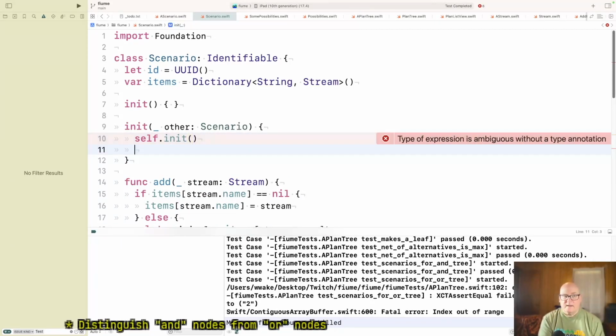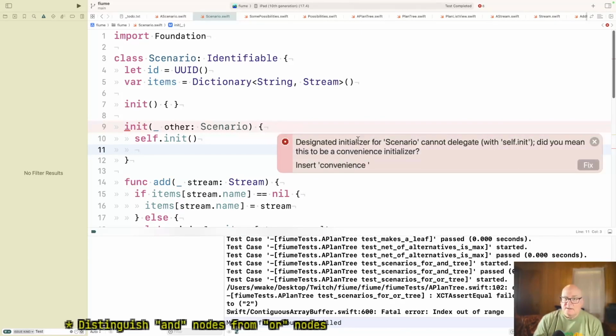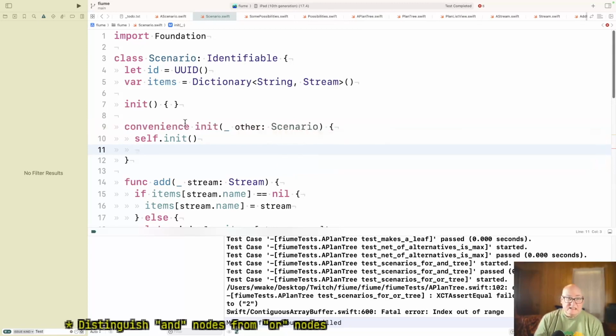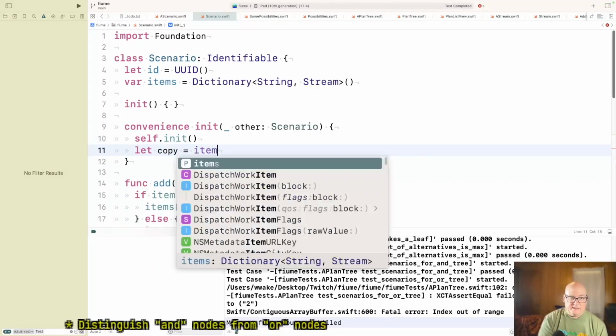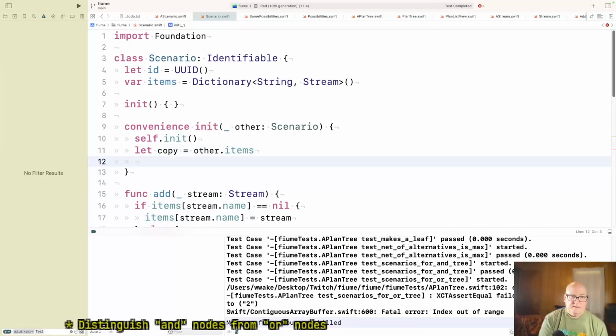And then did I need this to be convenience? I guess. And then I'm going to say items, let copy equal items, other.items. And then self.items equals copy.